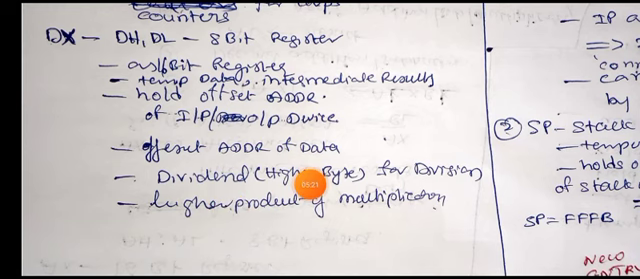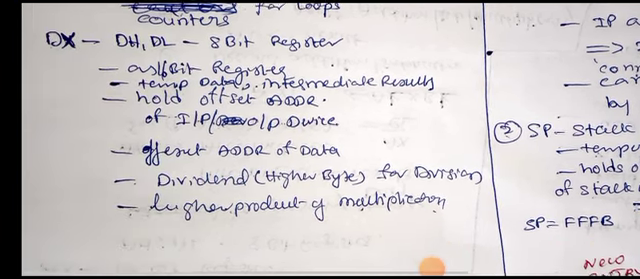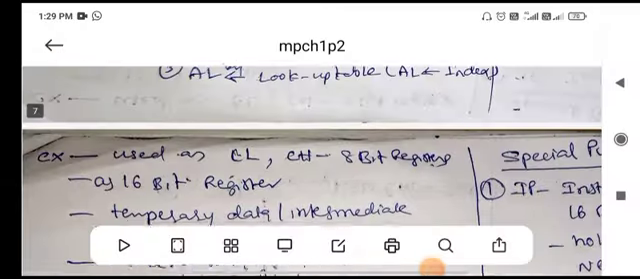Or it can hold the remainder after division also. Before division it can hold the higher byte of the dividend. After division it can store the remainder of the division. It can store the higher product of the multiplication. So that is about the DX register, right? So we missed what we call SP